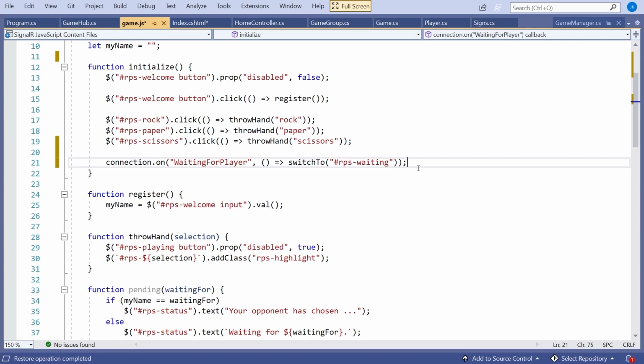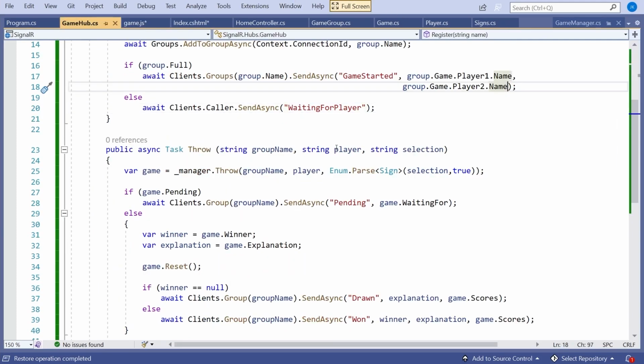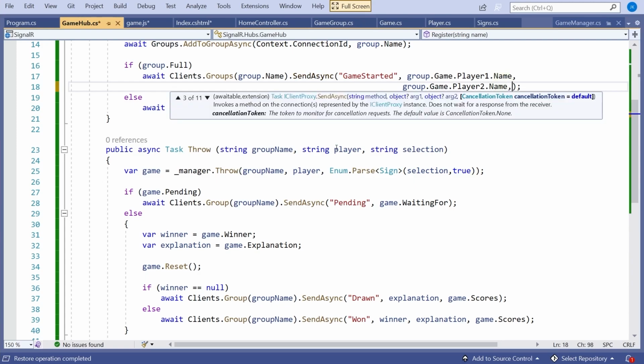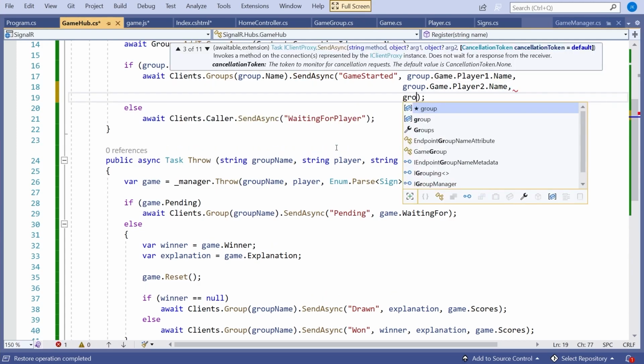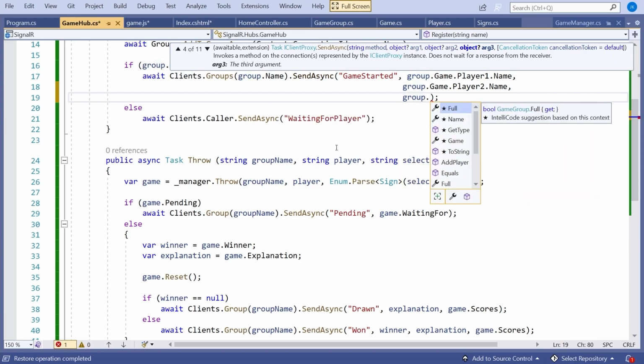Then we've got to go through all of those other ones. We're going to have a connection.on, and then we will have our game started. If we look back, I've just noticed I made a mistake, because game started needs to take three parameters: the names of the two players plus the name of the group itself. This is the sort of problem we have, that there's no strong typing on these methods, so we've got to manually get these parameters matched up.